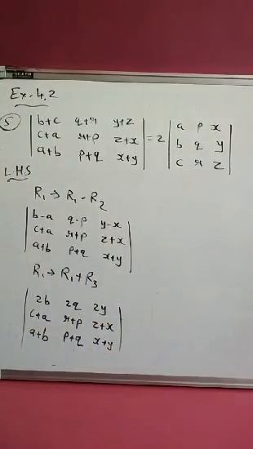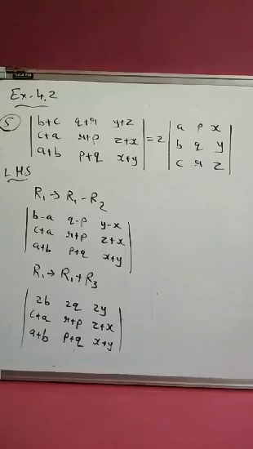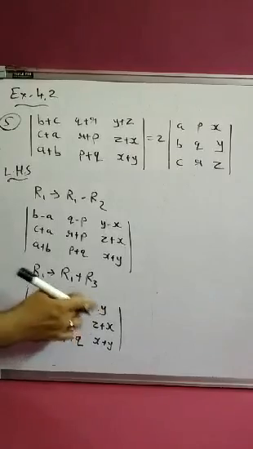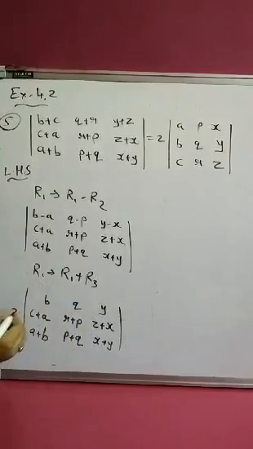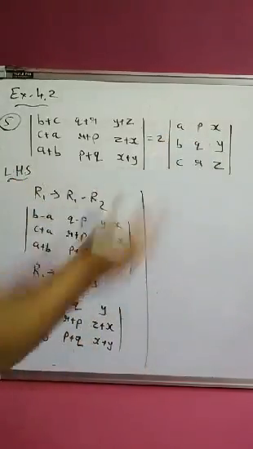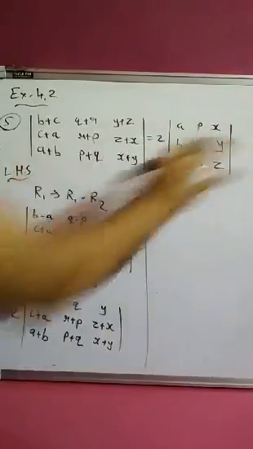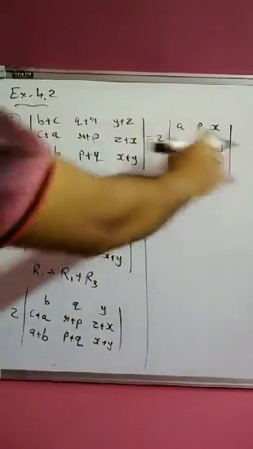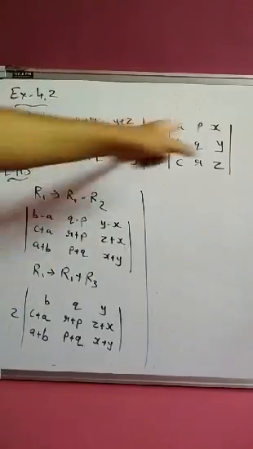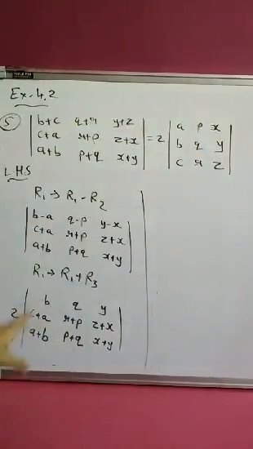Okay, why have I done that? Because these two I can take out outside. These two from row 1 I can take outside. So here we got BQY. It is not given in the first row, it is given in the second row, but at least we got BQY, right? Now we want to get A, P and X and C, R, Z. A, P and X. So you want to remove BQY.